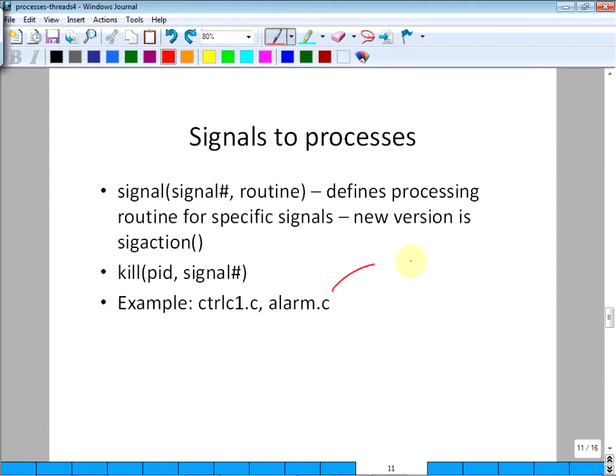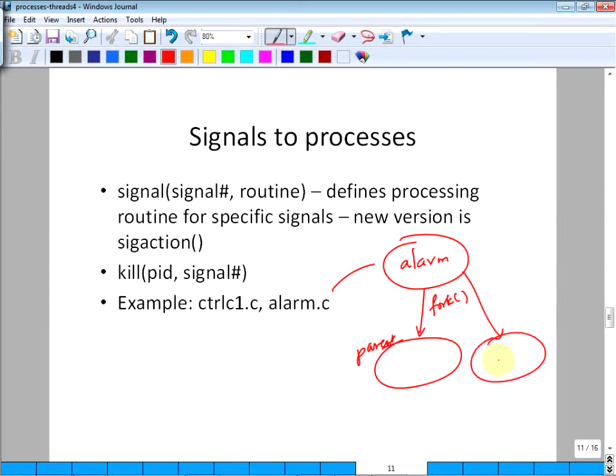So let's start from alarm. Alarm forks, right? And there's a parent and a child. And then later the child, whenever it's ready, sends a kill signal.